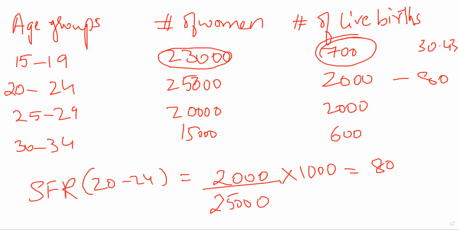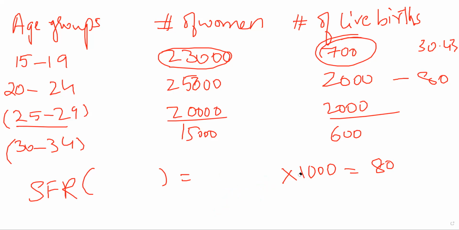Okay, try to calculate what is the specific fertility rate for the 25 to 29 age group and 30 to 34. Make sure when you are calculating SFR for that age group, take the live births of that age group, meaning how many children were born in that age group, so for 25 to 29 take those, and compare that with their population, not the total population. Okay. Let's go. Try to find out for the rest too. What is 25 to 29 and 30 to 34? What are their SFRs?